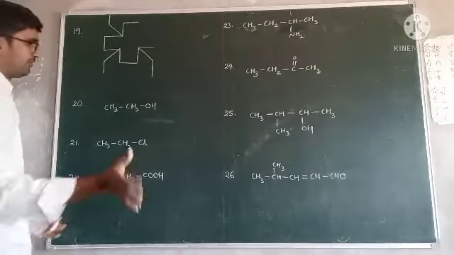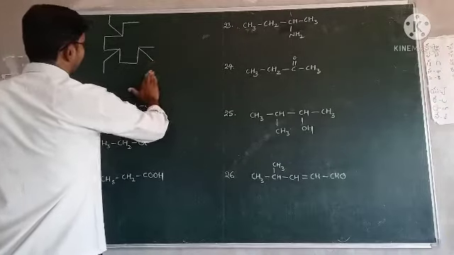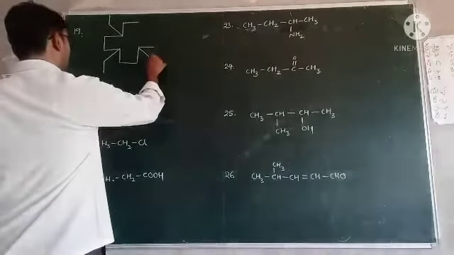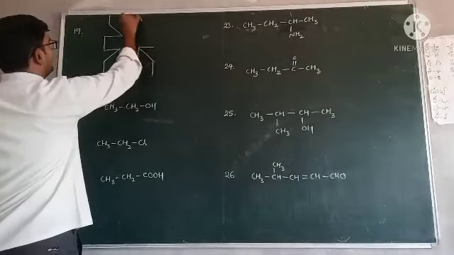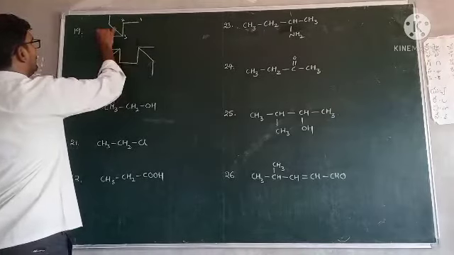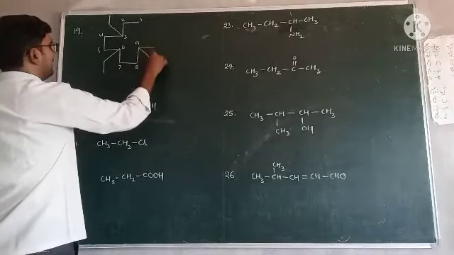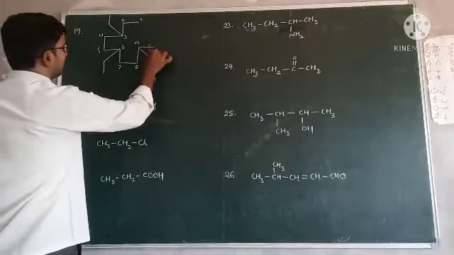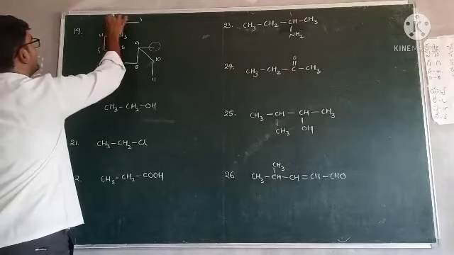Okay, right. So for your convenience, I am removing this one. Then 10. But if this is present, numbering, I will explain like this one, no problem. 1, 2, 3, 4, 5, 6, 7, 8, 9, 10, 11. Now identify which are the substitutions. This is one substitution. This is one substitution. This is one substitution.